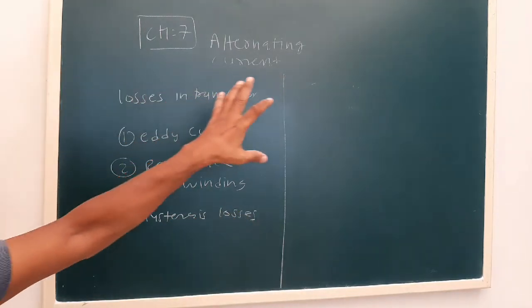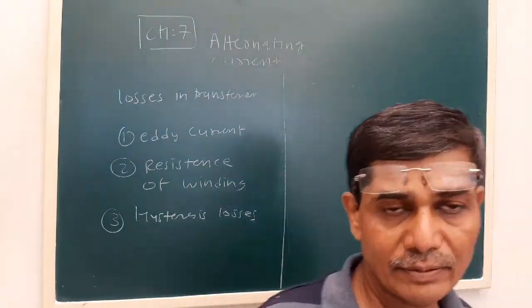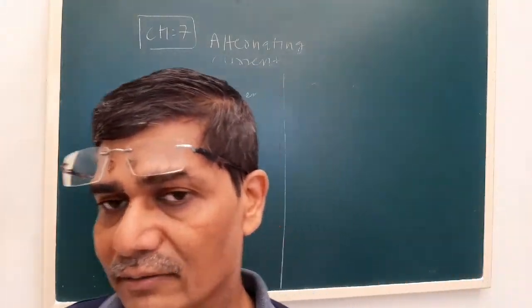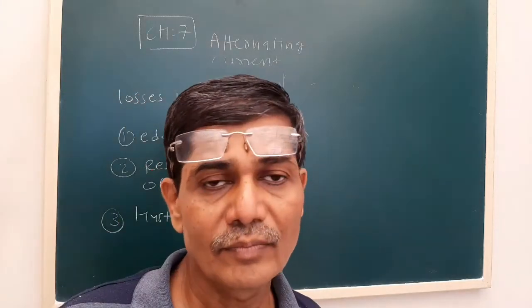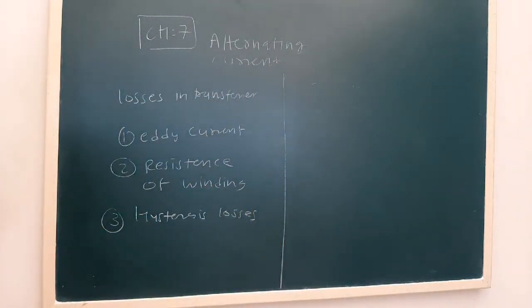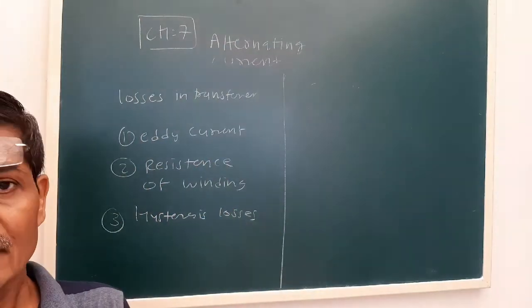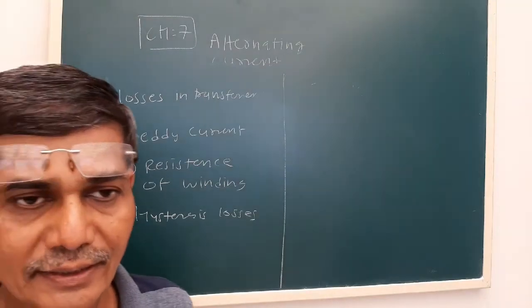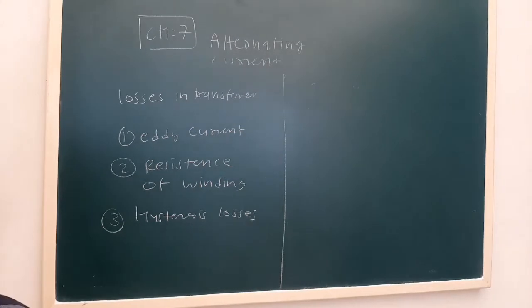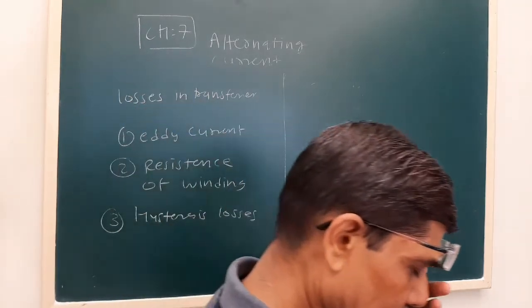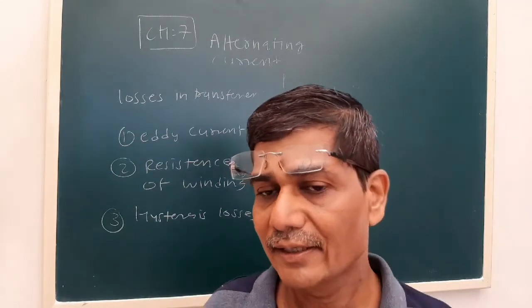Now as I told you, the core of the transformer is made up of magnetic materials. In lesson number 5, we studied the hysteresis loop. Losses are also associated here in designing the transformer. Depending on requirement, we select a material which is best for our given application. But here we talk of the losses of the transformer. So these are the hysteresis losses also associated with the transformer. So this is about the transformer. Now with that, our theory part is over.